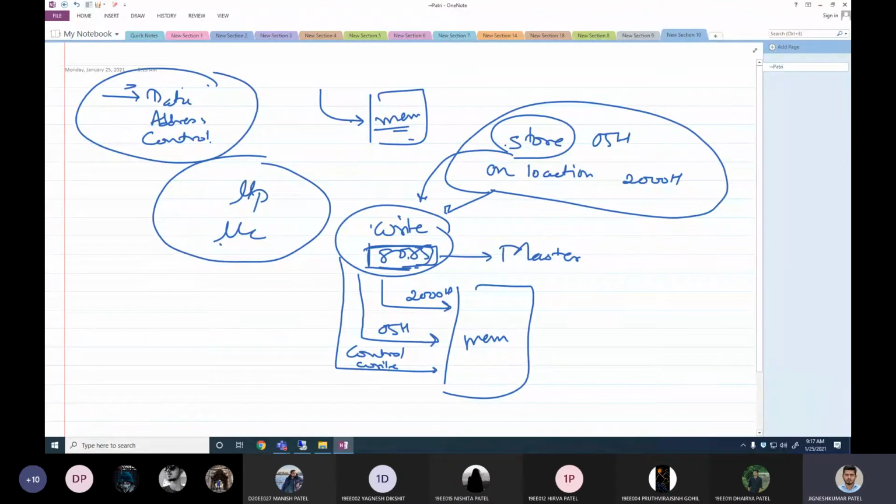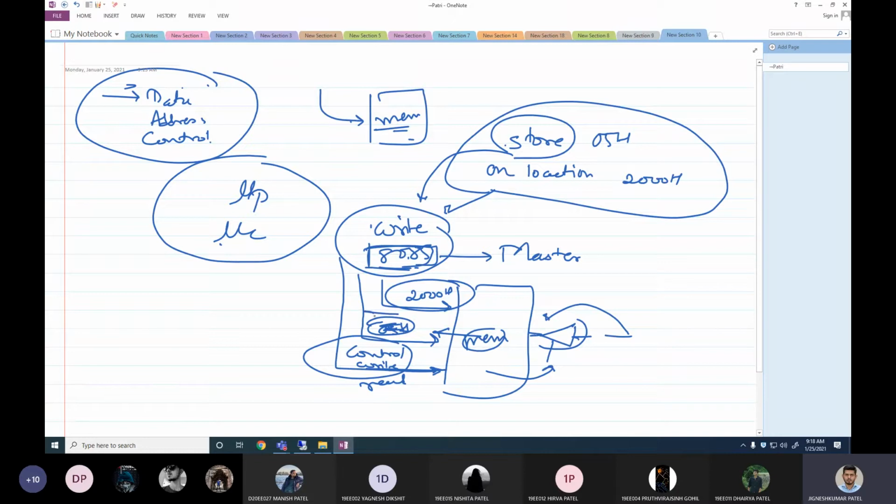When I ask to read the data from memory, it will provide this address, it will provide the signal to read, and when it provides the signal to read, it will empty its data bus. Then when this read signal is sent to memory, immediately the tri-state buffer of memory, the output buffer, there would be an output buffer like this, will let the data flow out and put it on the data bus.